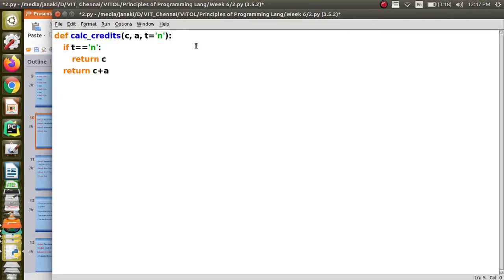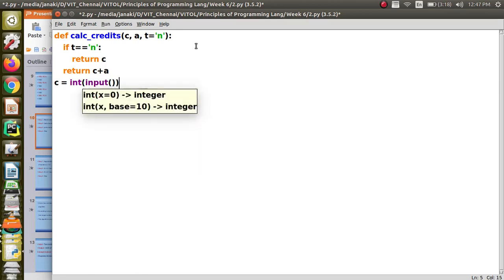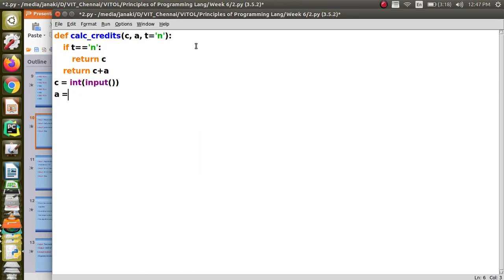Next we are going to implement the main part of the algorithm. You have to read the things, right? So first of all you are reading the number of credits required for completion of the degree, so C, and then number of additional credits required for honors degree, let it be A, and then the type of the degree, and let it be a normal input.